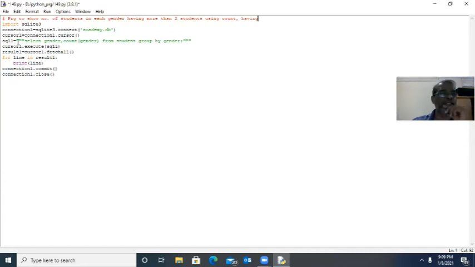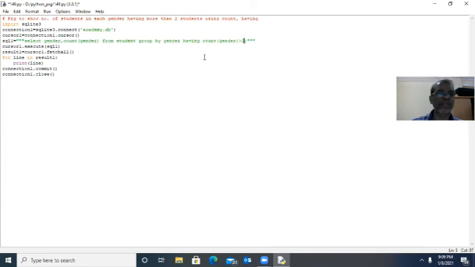Okay, so select gender, count of gender from student, group by gender. It will show 2 records, F2, M3. But we need only count of gender greater than 2. Here we type having count of gender greater than 2.